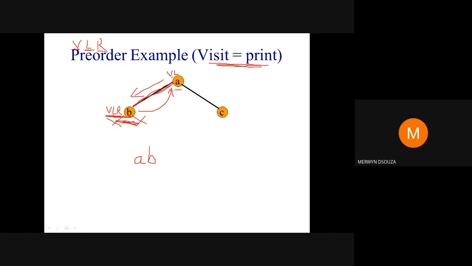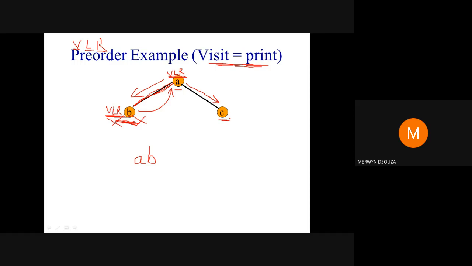Now here you see whether any steps are remaining. There are 3 steps to be performed. Out of that you have performed only 2 steps here, that is visit and left. What is the step that is remaining? Right subtree is remaining. So write down here right subtree and check whether you can go to the right. Yes, you can go to the right. So you go to the right and you reach a new node.